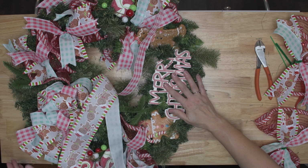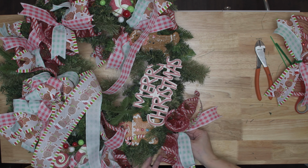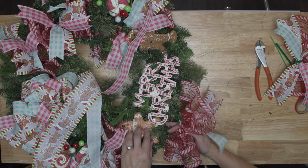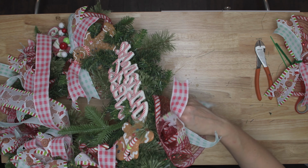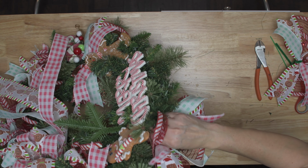Now this part is a little bare for me as well, but this one's going to be a little bit trickier. I think I want it at the ends of the gingerbread. So what I'm going to do is I'm going to come in again with my pipe cleaner open a little bit and kind of wrap that around the top part of the metal frame and twist,